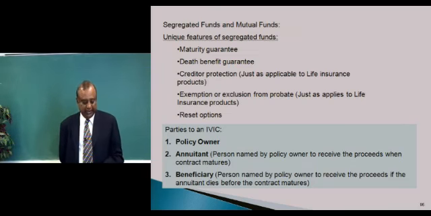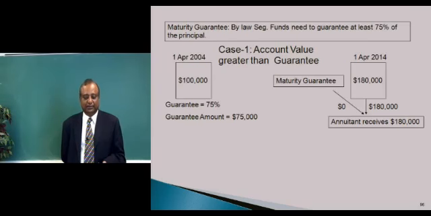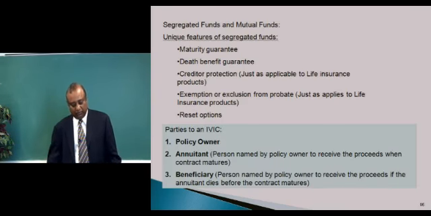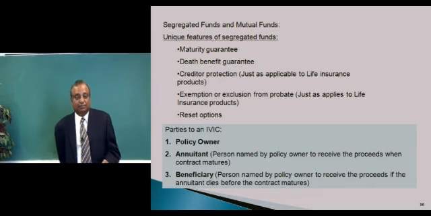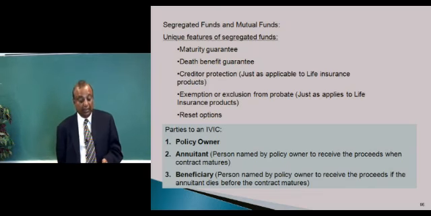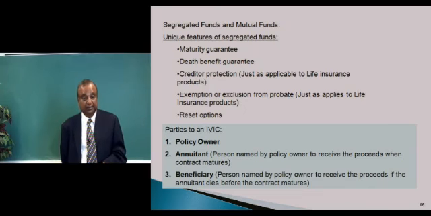If the person is alive and he has named an irrevocable beneficiary or a beneficiary of the preferred class, then it is protected from creditors. So let's say the person has a mutual fund account and a seg fund account, for both of which he has named a beneficiary. The seg fund account will go directly to the beneficiary, bypassing the estate. Whereas the mutual fund account will go to the estate, and only after taxes and probate will it go to the beneficiary.